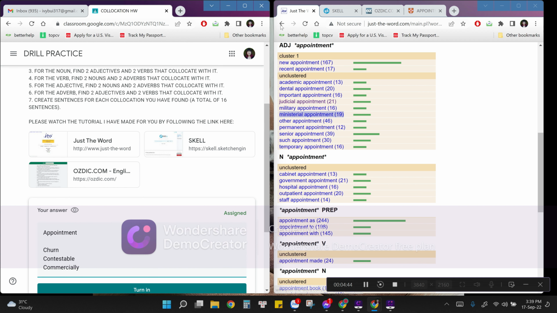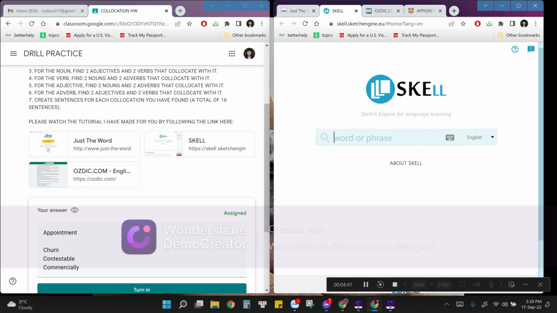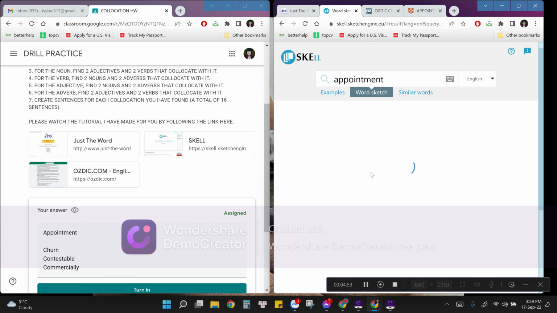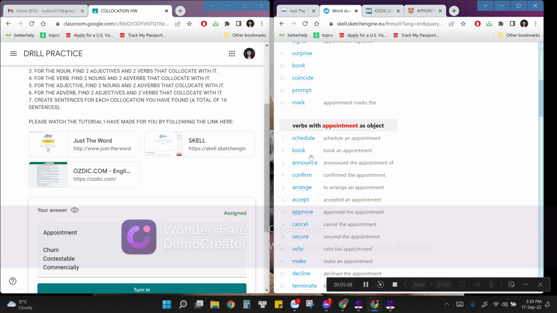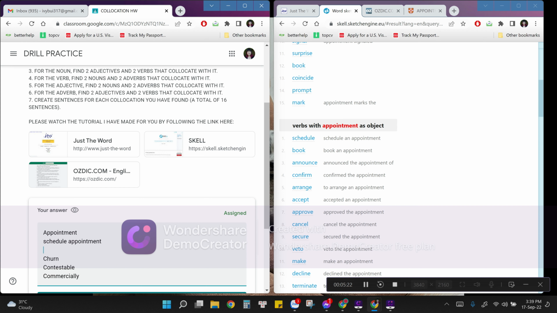I don't see anything I like, and I thought I would check out Skell and see if Skell has better results for me, and you want to pick word sketch for your results. And then you can see that they have verbs that go with appointment. You also have to find verbs, right? You can always use more verbs, okay, with appointment as an object. Schedule appointment, okay? We can schedule appointment. And then we have book appointments. So you have two collocations that have the verbs that go with the word appointment,